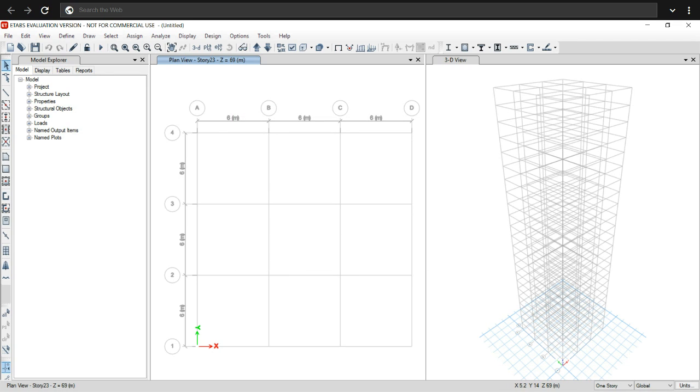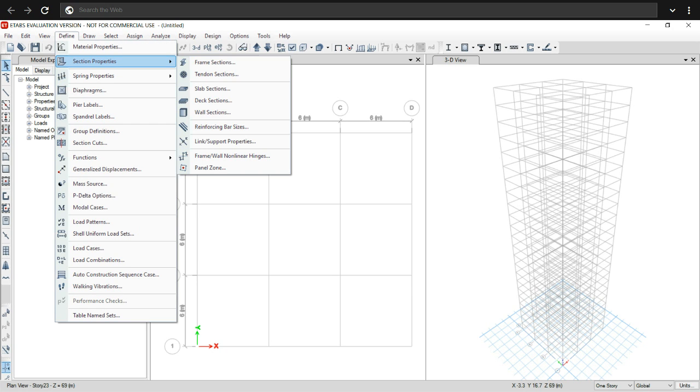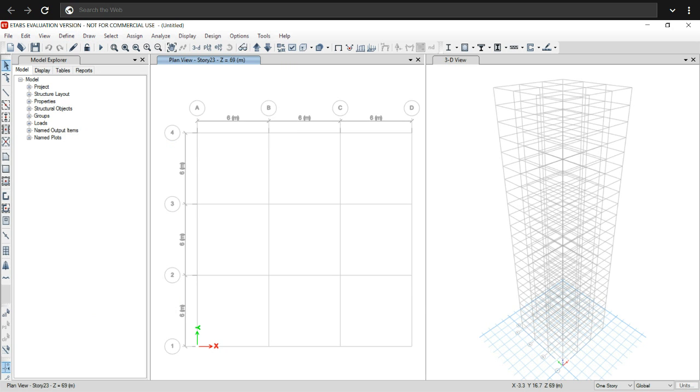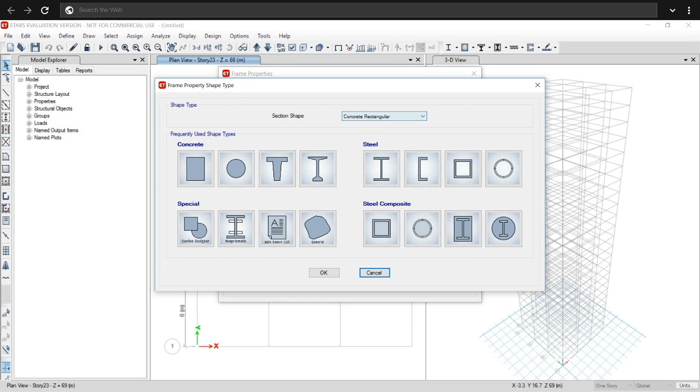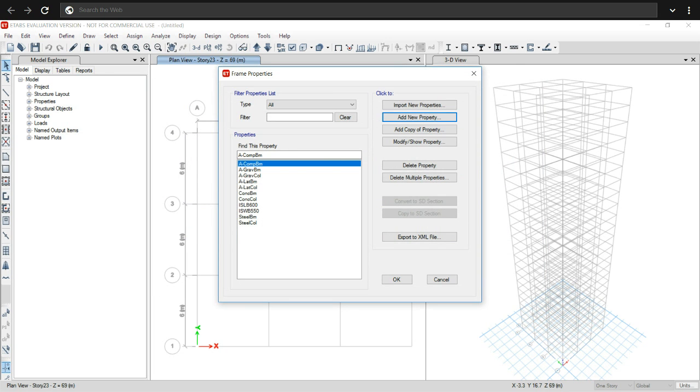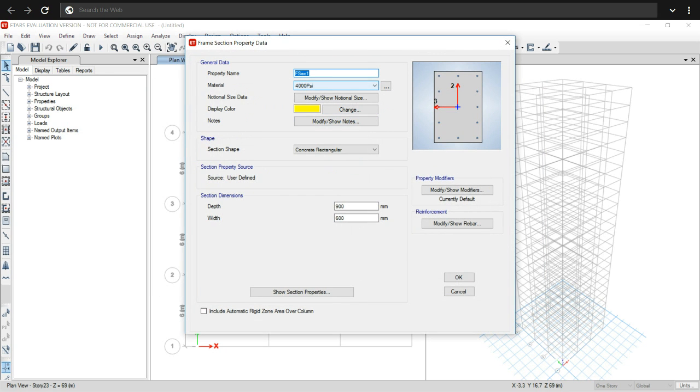Now we will define beams and columns. First go to Define, Section Property, Frame Section, then Add New Property. Take rectangular concrete section and name it C500 by 500.